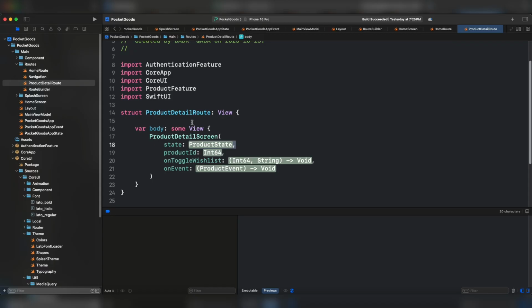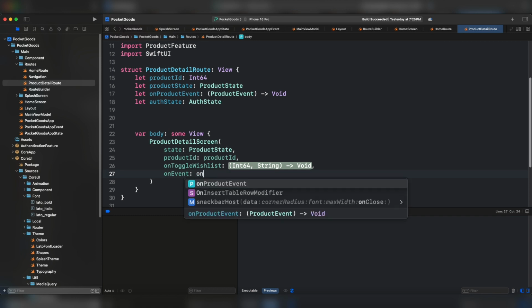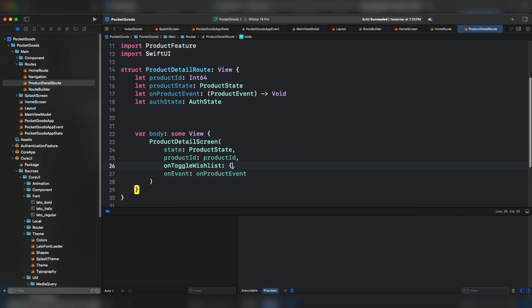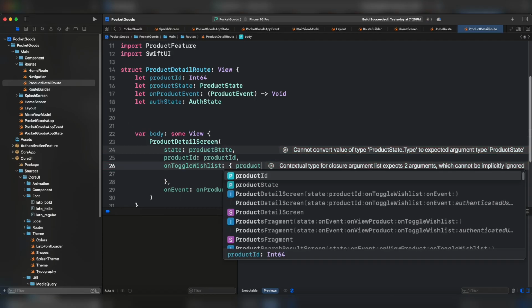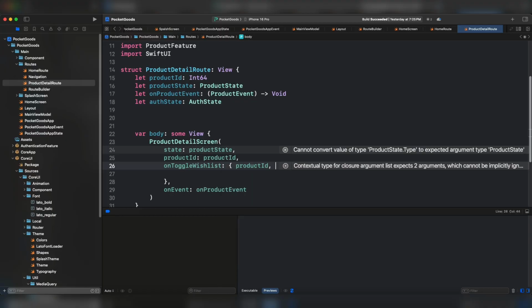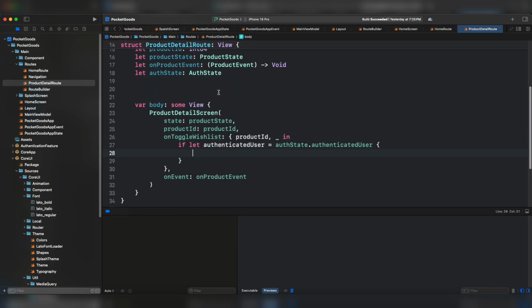And let's handle internally the on toggle wishlist, and on event should be hoisted. Product state and on event, which is product event. Let's handle this internally. In the same manner that we have done earlier under home route, we're going to proceed with the same thing: product ID and the title. We are not interested in showing the title in the snack bar message. If the user is authenticated, we need to toggle the wishlist by calling the event on toggle wishlist from Pocket Goods